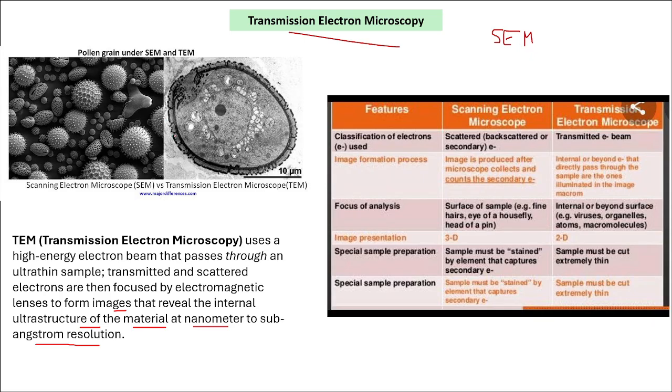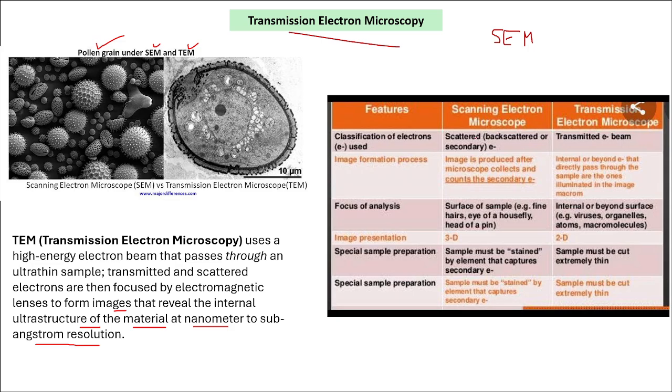Okay, now see the difference. This image is of a pollen grain that has been visualized under scanning electron microscopy and by transmission electron microscopy. At this point, you can see the 3D kind of image and the surface topography, but not the internal structure. But in this one, the transmission electron microscopy of a pollen grain, you can see the surface topography as well as somewhat the internal structure, and there is no 3D image that you can see in this. So this is the main difference.